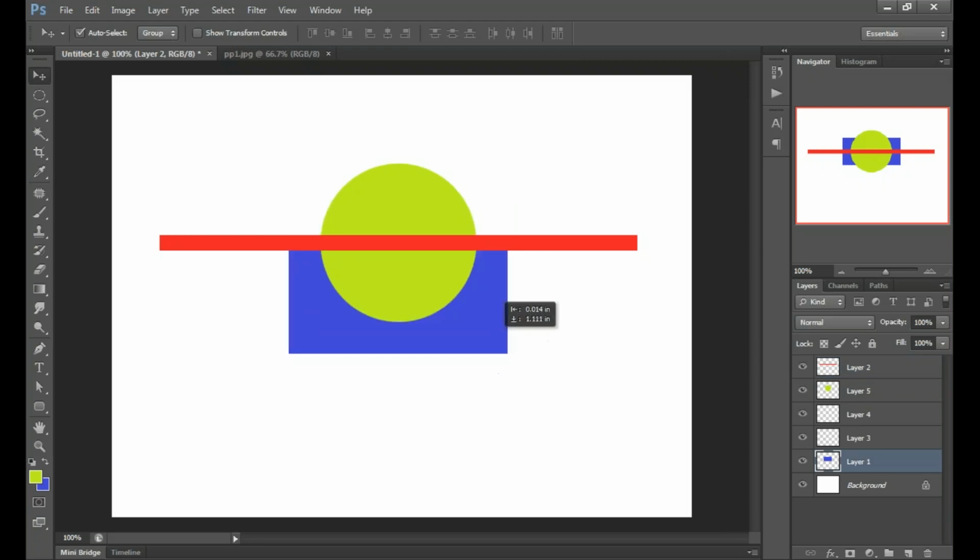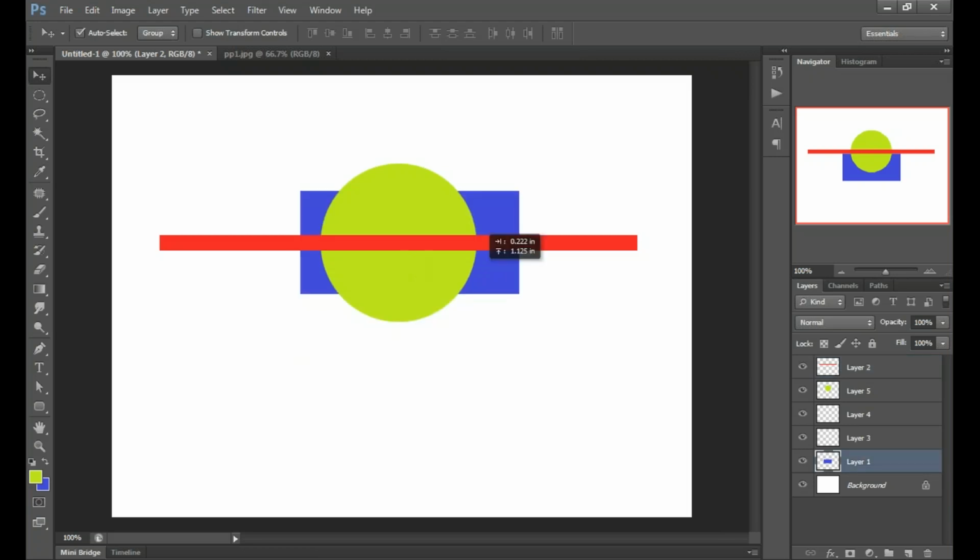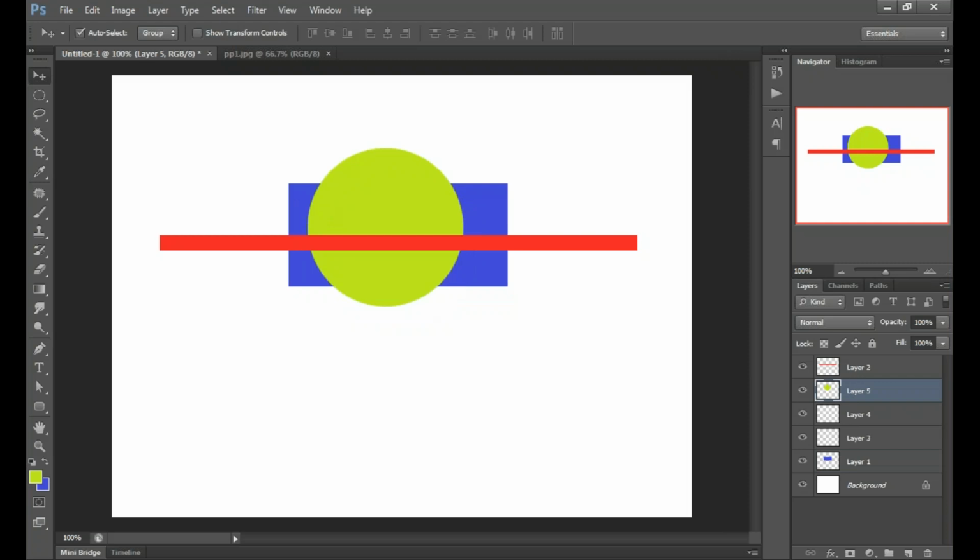Layers are very important. So we understand that for moving any object, you will choose the first tool, that is called the move tool in Photoshop. You can move any object with the help of this tool: your images, logo, or if you want to edit your images.